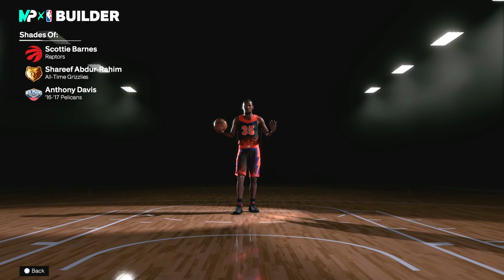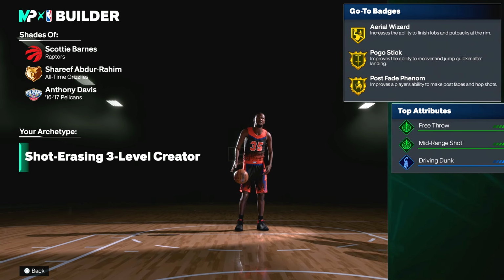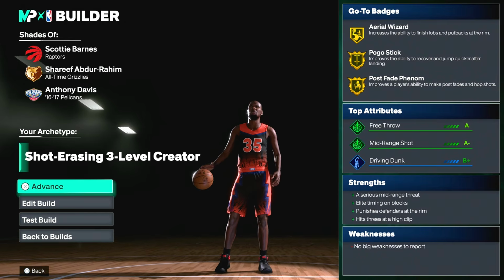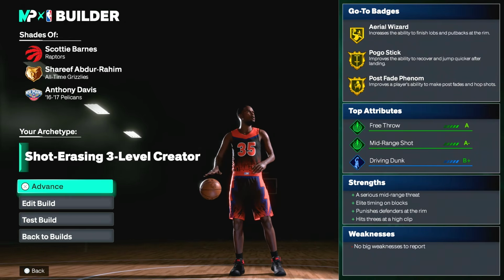Now we're done making this build. We have a build with shades of Scotty Barnes, Sharif Abdur-Rahim, Anthony Davis from the 2016 to 2017 Pelicans, and then our build name comes out as a shot creator 3-level creator. I'm not gonna lie, it